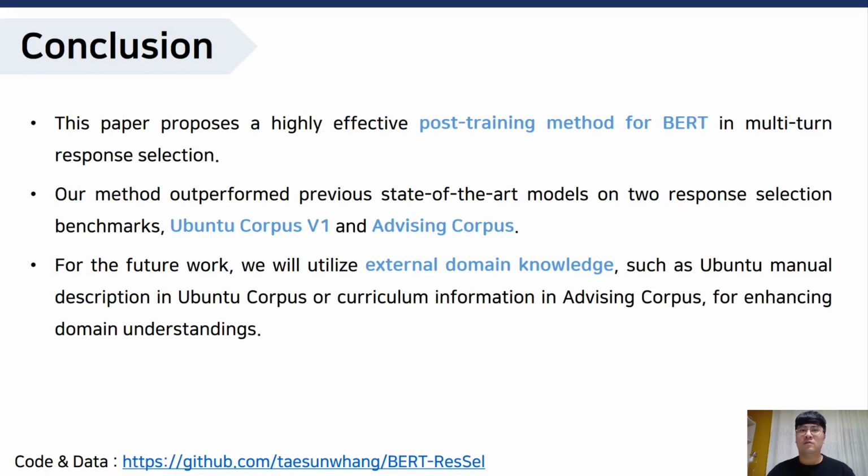In conclusion, we propose a highly effective post-training method for BERT in multi-turn response selection. Our method outperformed previous state-of-the-art methods on 2 response selection benchmarks, Ubuntu Corpus version 1 and the Advising corpus. For future work, we will utilize external domain knowledge, such as the Ubuntu manual description in the Ubuntu corpus, or curriculum information in the Advising corpus to enhance the